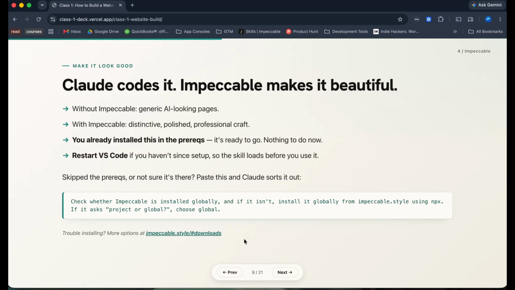One of the things we installed in the prerequisites is called Impeccable. It's a set of skills, and it's specifically designed for website and UI design. So if you are designing a mobile app or anything that is user facing, Impeccable is what's going to make Claude Code do it really, really well.